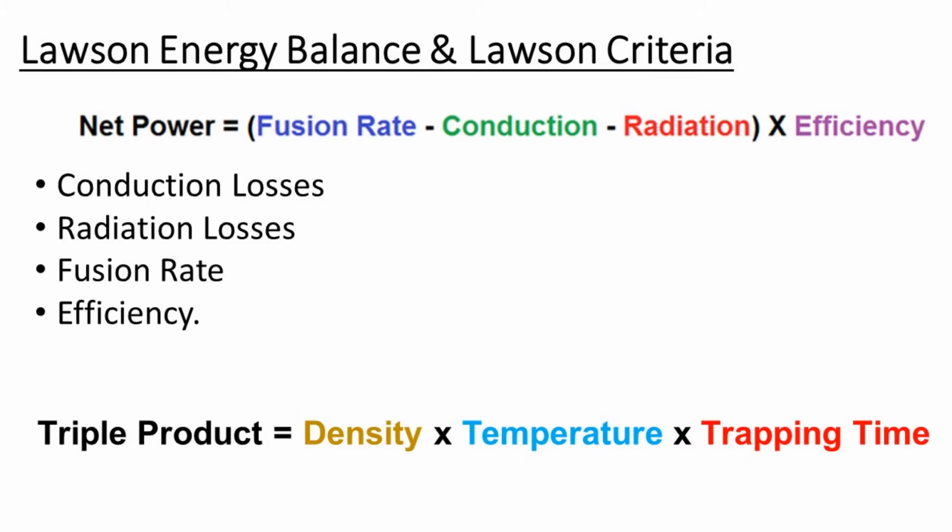Just to give you an example, if you talk to an entrepreneur that proposes putting fusion plasma in the center with the magnetic fields around the outside to hold it, and there's a lot of space around it, that would reduce the conduction losses, right? Because the plasma would have space between it and the wall so that there'd be less conduction of material outside of the reactor. In another example, you might want to have a lot of really hot ions and a lot of really cold electrons, right? Because the electrons are cold, they radiate less power,